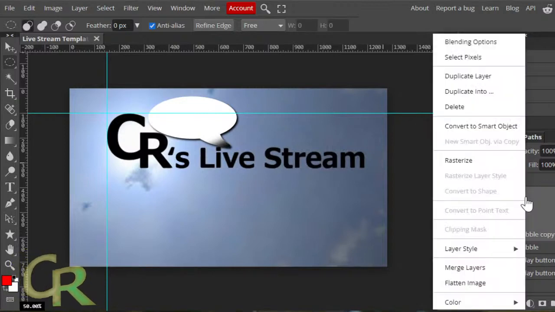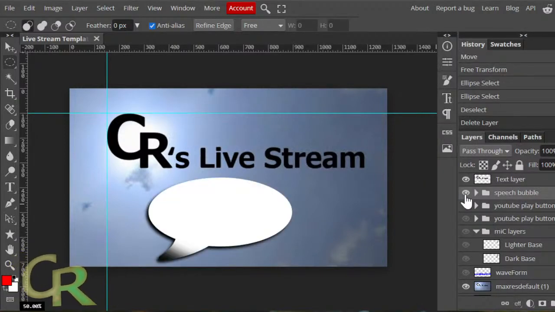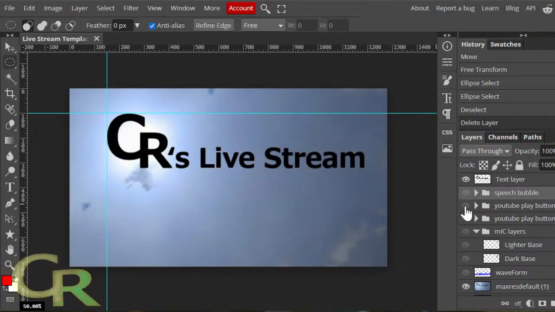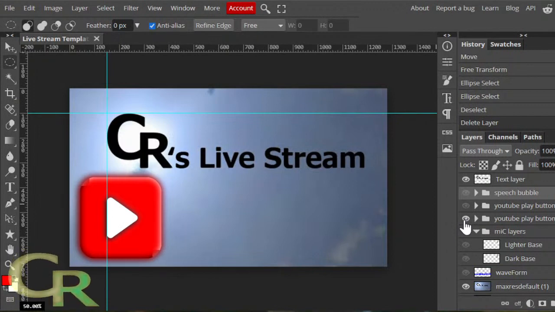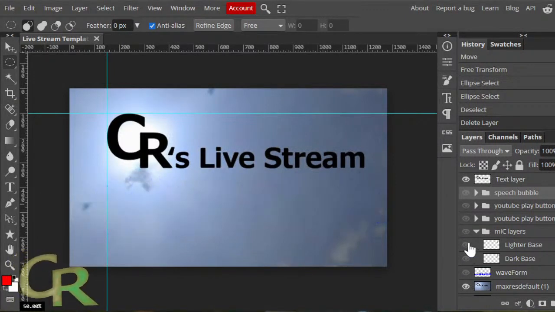All these layers right here. So there's my speech bubble, the YouTube play button that's a round circle, the YouTube play button that's a square, waveform, microphone, whiter in color, like gray and white. Their version is black and gray.